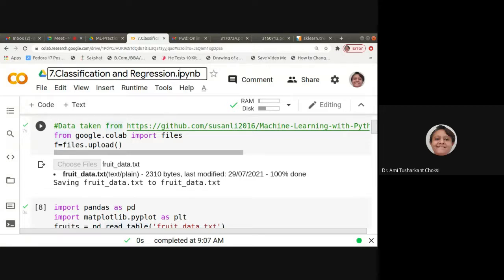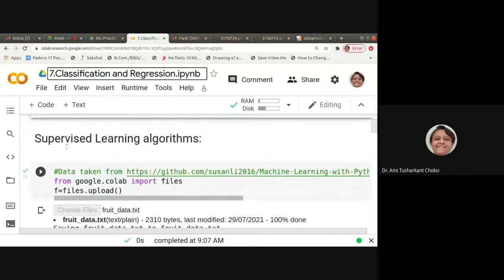Then we will train the model using the fit method. Then we'll be testing it, and with that we'll be able to get the accuracy score. After that we'll be able to predict for an unknown value. These steps we already know. This is what we have to follow.